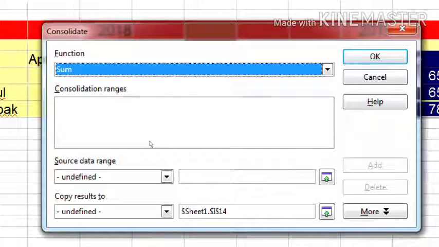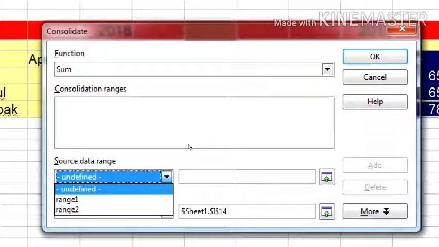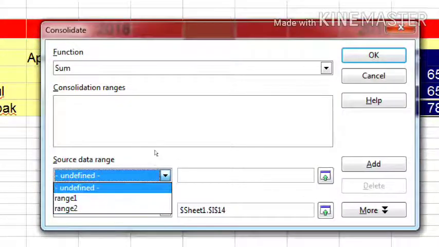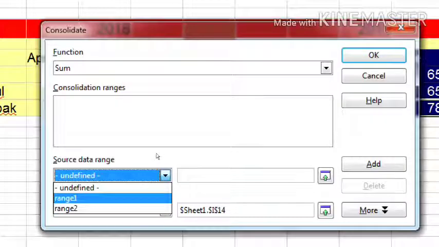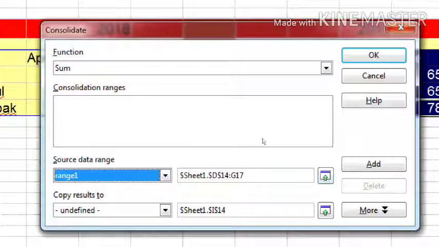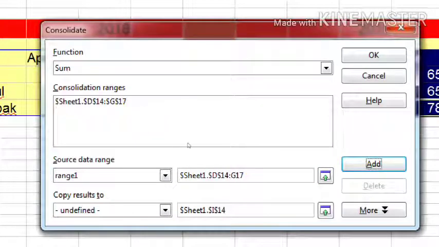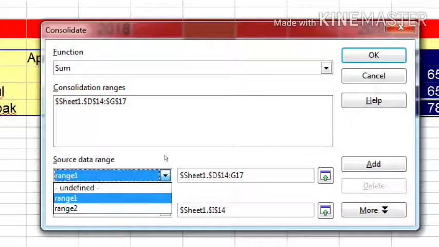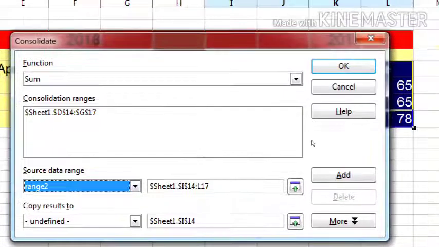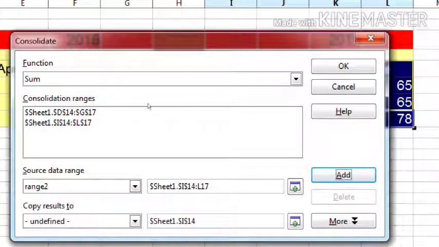There is the source data range here. We have already defined the ranges, Range1, Range2. Click on Range1, click on Add, it will add here. And another, click on Range2, click Add, it will add here. Okay.